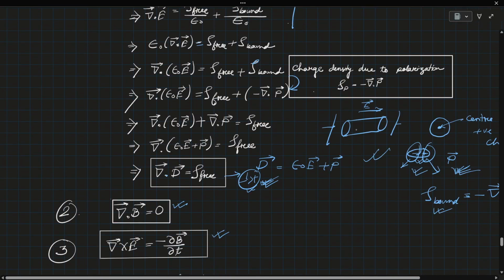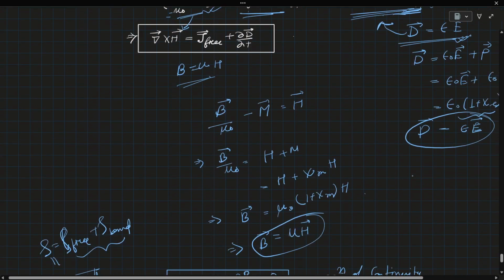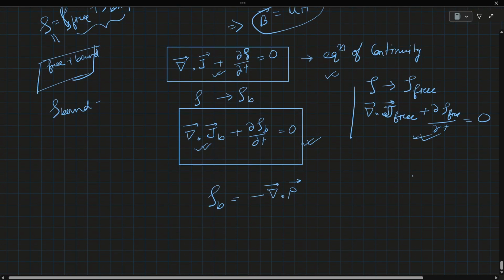This is a dielectric medium, and here the centers of the positive and negative charges were coinciding. Then if we apply some electric field, the centers of the negative and positive charges get separated, and we get some bound charge densities. So rho b can be replaced by